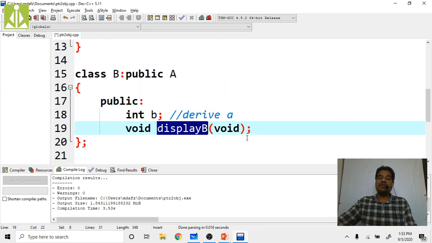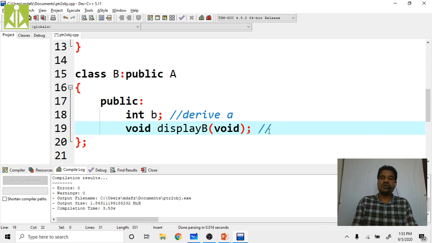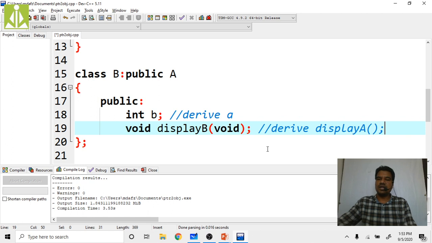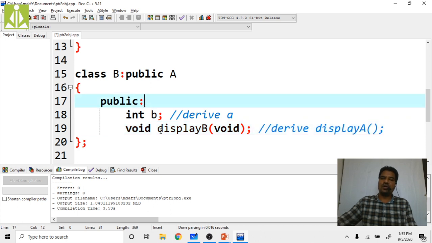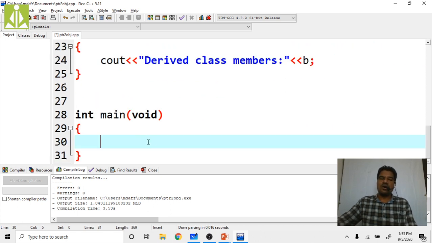Clear? Apart from these, B class will also derive the displayA function and the A data member. So indirectly it will have A over here and displayA function over here. So now creating the pointer to the base class.